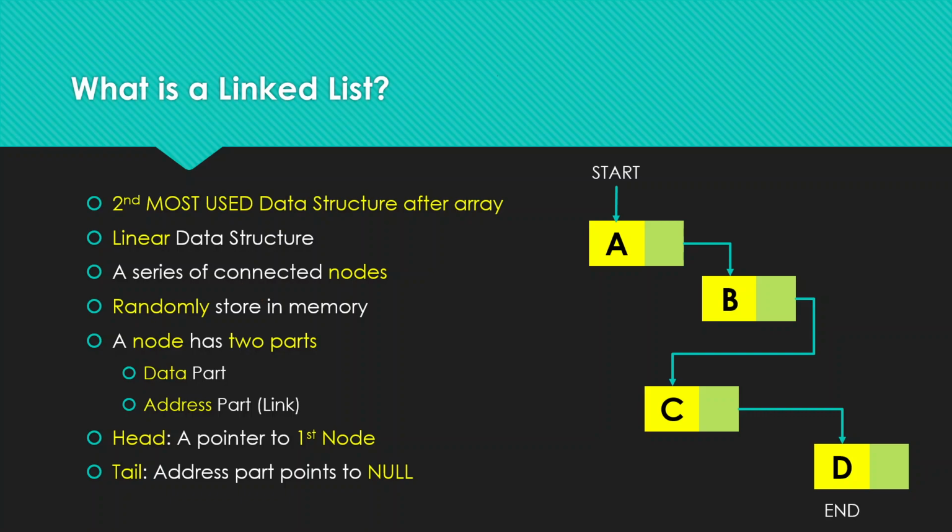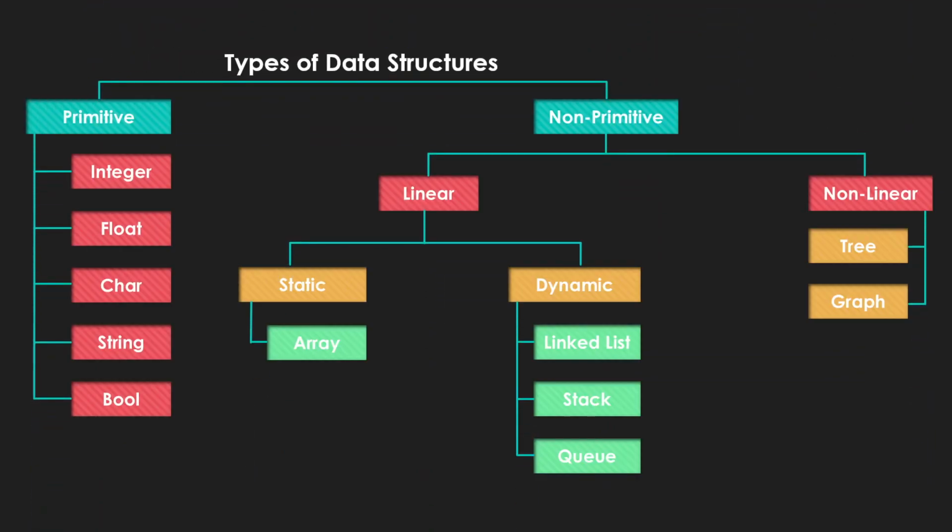This start is what we are calling the head. Then for this node, which is the last node, it will have the value null inside here. So let's move on and see